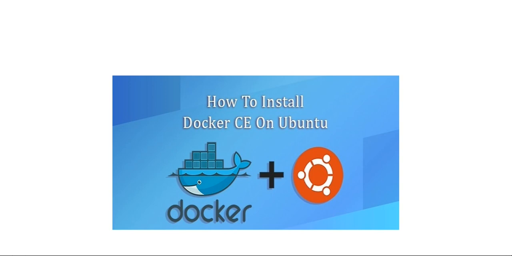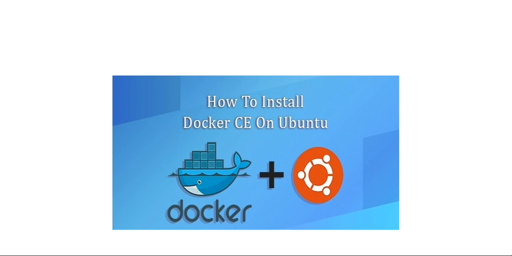Today we are going to learn how to install Docker on Ubuntu server. Before we start, it's good to learn a few things about Docker. Docker is basically a container engine designed to make it easier to create, deploy and run applications by using containers. Docker was released as open source in March 2013. Docker is written in the Go programming language, and the latest version of Docker is 19.03.8. Now we'll see the installation of Docker on Ubuntu server.